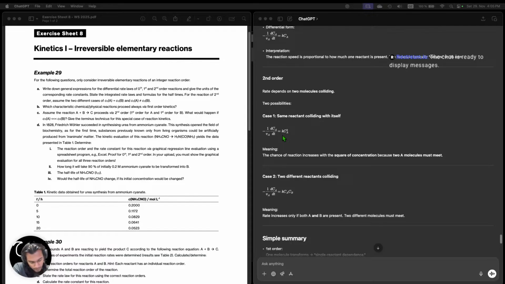No. Unit for first order is 1/s. So this is